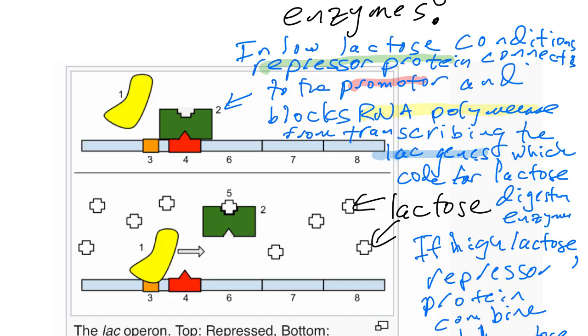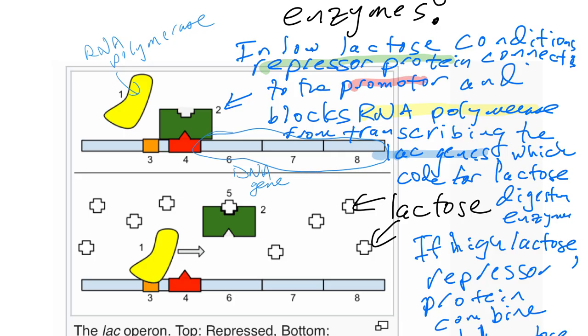So look at this picture here. This number 1 is RNA polymerase. Okay, that's RNA polymerase. That is the enzyme that will transcribe the genes for lactose breakdown, for the enzyme lactase, which is a protein coded for by these parts of the gene, the lactase gene. Lactase is the enzyme that breaks down lactose. Okay, so this is the DNA. Those are basically the genes, the parts of the genes for the enzyme that will break down